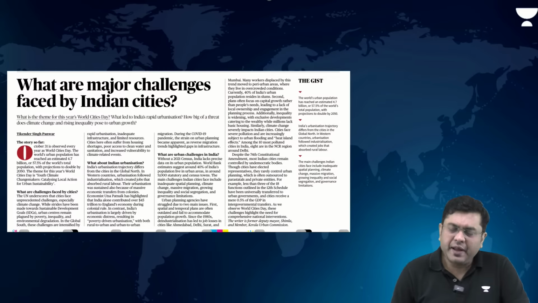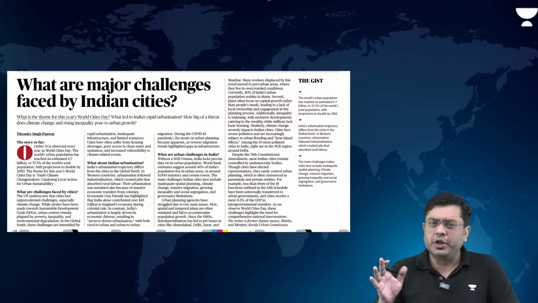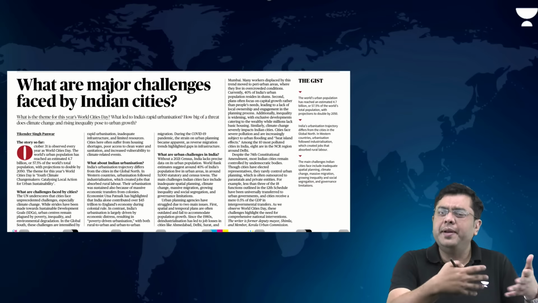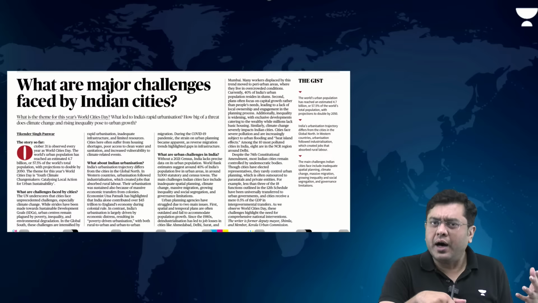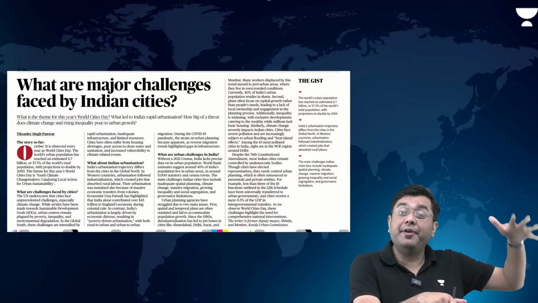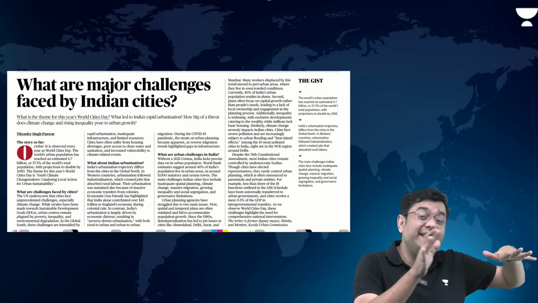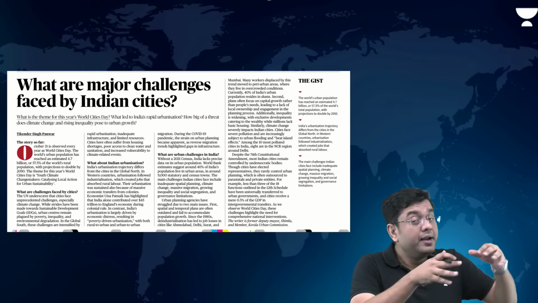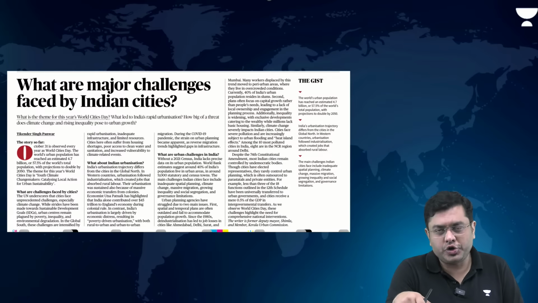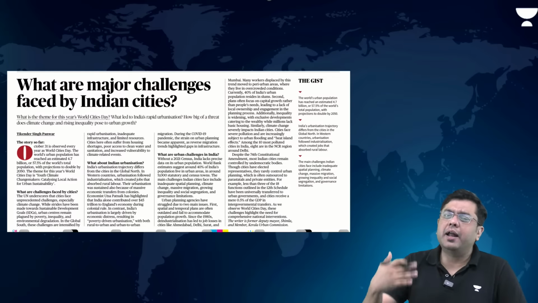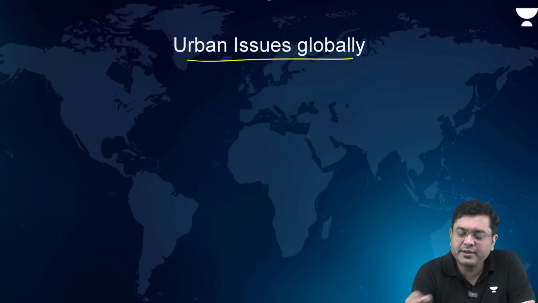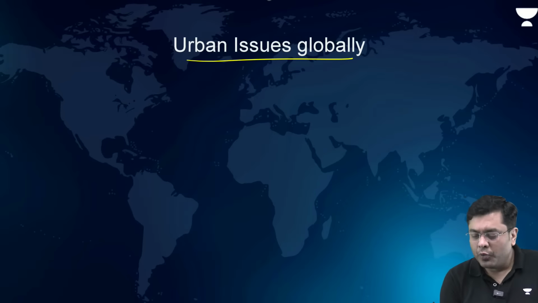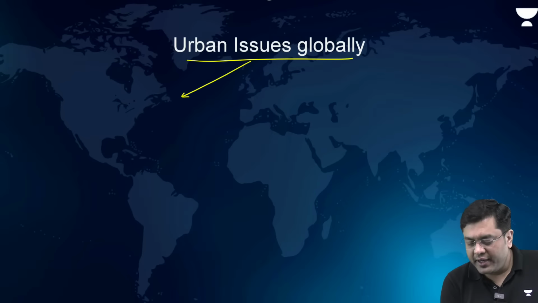So broadly, when we talk about urbanization, it is a phenomenon across the entirety of the world for the past 150 years almost. But urbanization across the developed part of the world and across the developing part of the world both have very different issues. When we talk about urban development across the world, you have certain issues which are present. One is poverty,